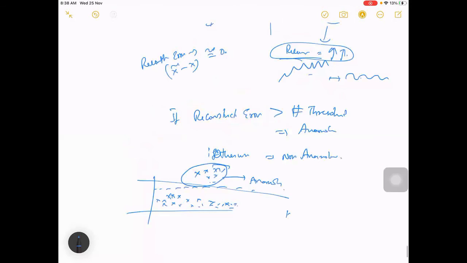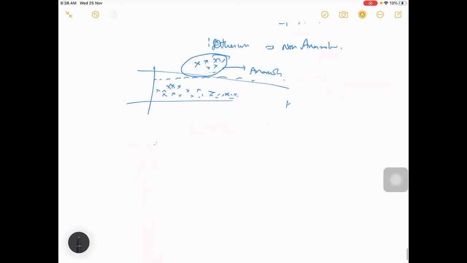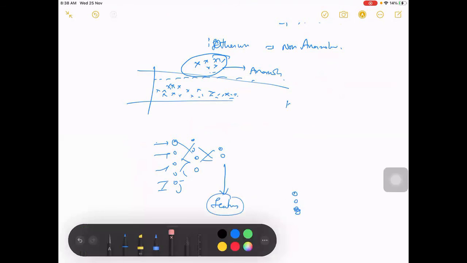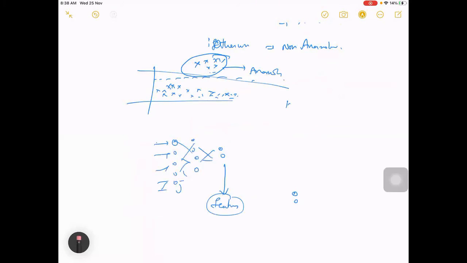One more thing we can do: you have this bottleneck layer, right? And then you have something like this. So maybe you take these as features, and taking this as features, what you have is very low dimension. And maybe this as your features, and do unsupervised learning. You can also do this.